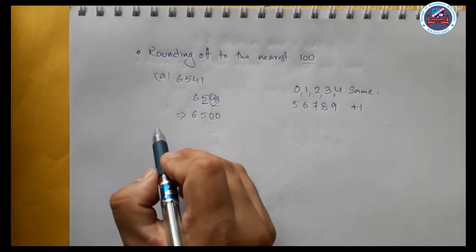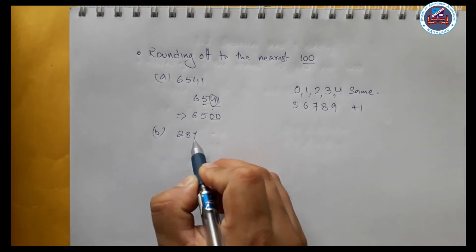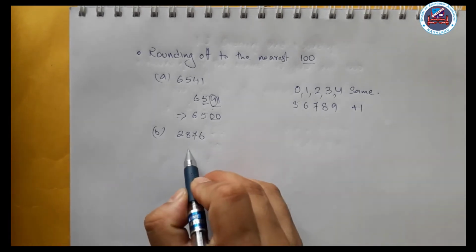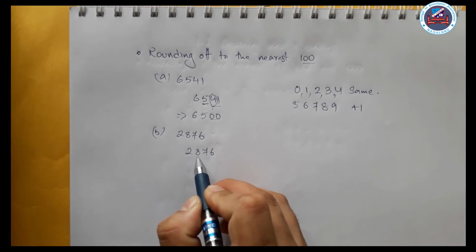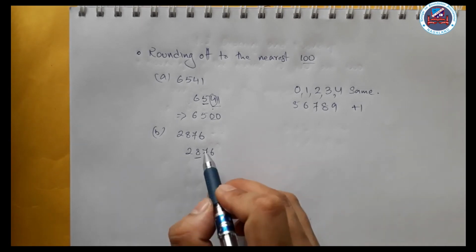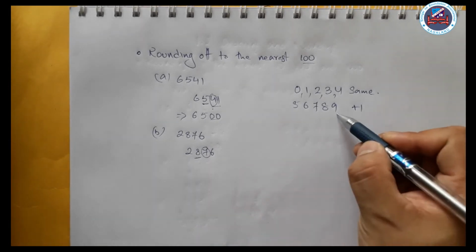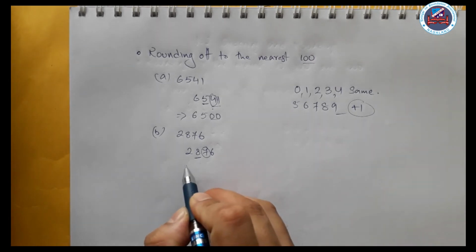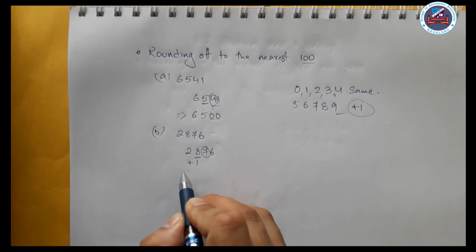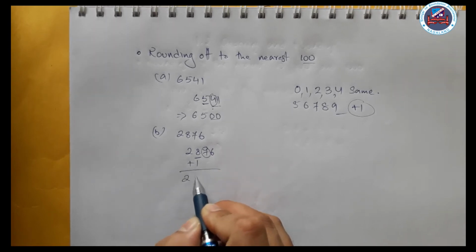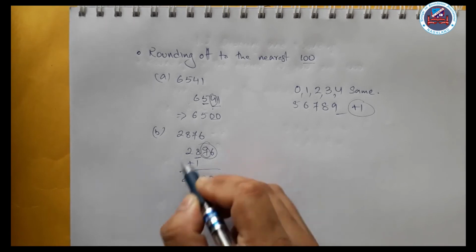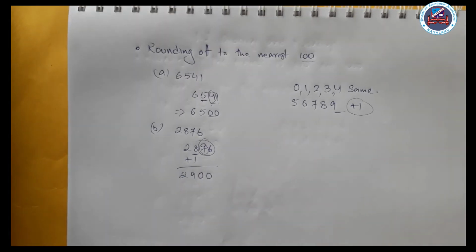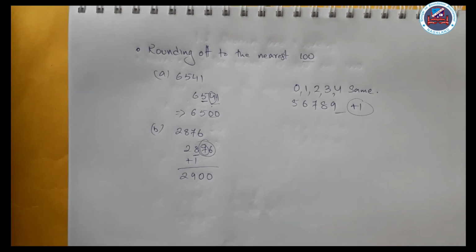Now let's take another example, 2876. Now 2876, 8 is in the hundreds place, so you look at 7. Now 7 is more than 5, so that means we have to plus 1. So plus 1 means you get 2900. These two numbers will become 0, 0. So the answer you're getting is 2900. Now I want to take one more example,